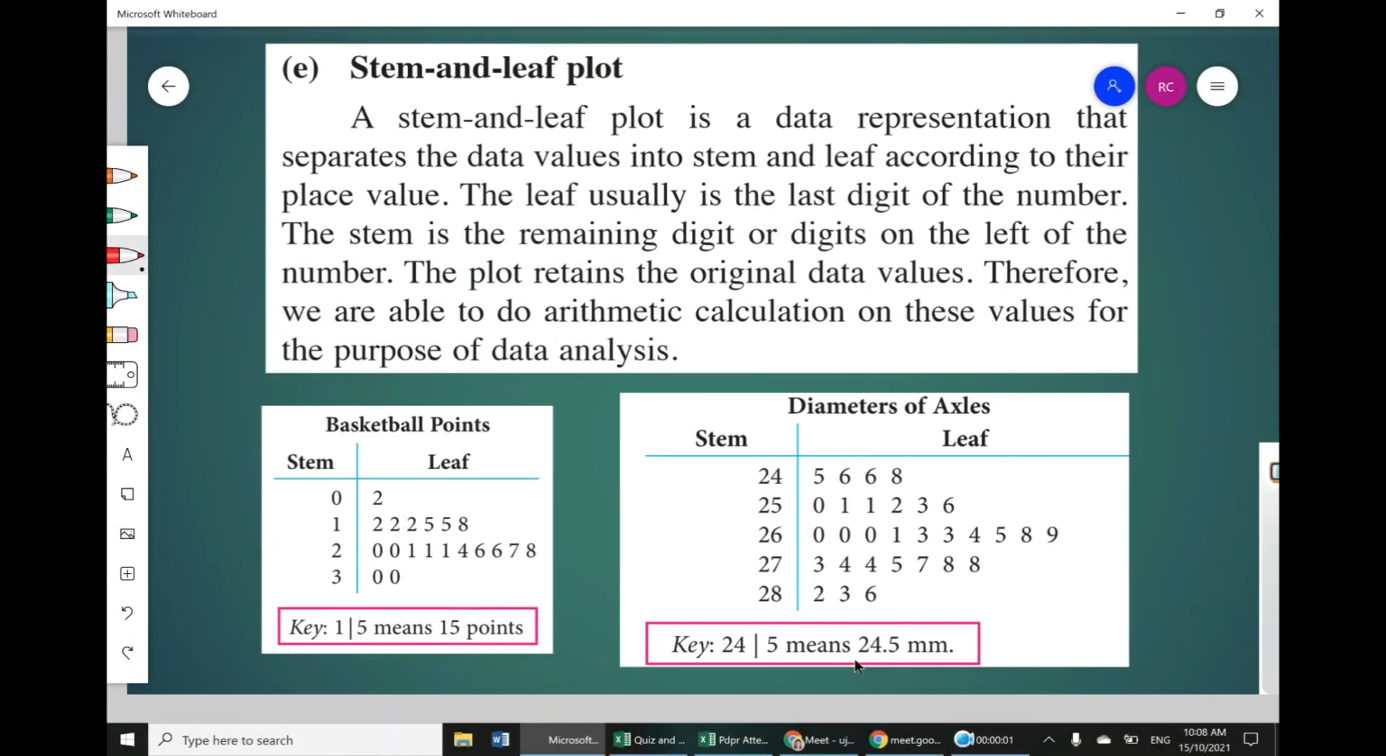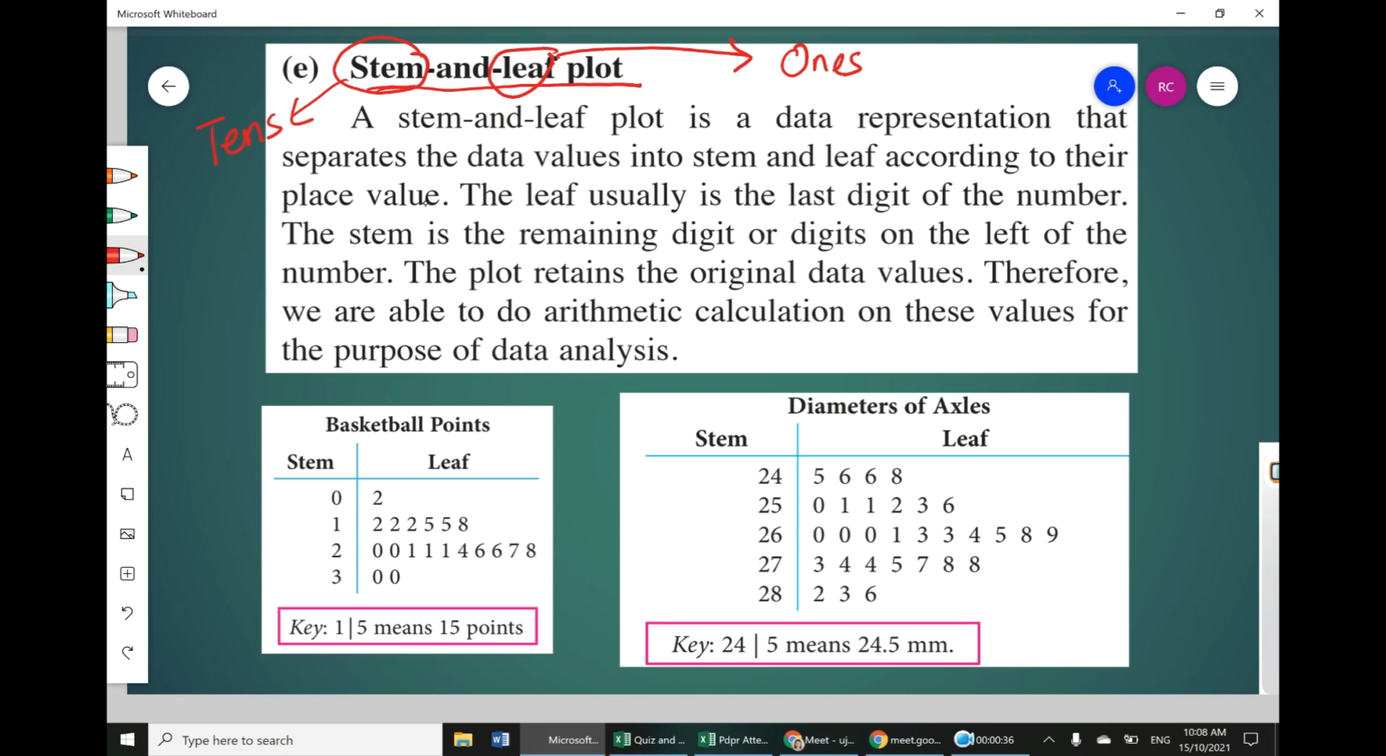Okay, so today we are going to look at the stem and leaf plot here. A stem and leaf plot is a data representation that separates the data values into stem and leaf according to their place value. What you need to remember here, because it is called stem and leaf plot, is that the stem represents the value of the tens, and the leaf represents the value of the ones. So you remember this, or it can be the value of the last digit,